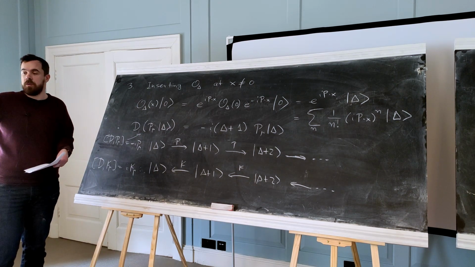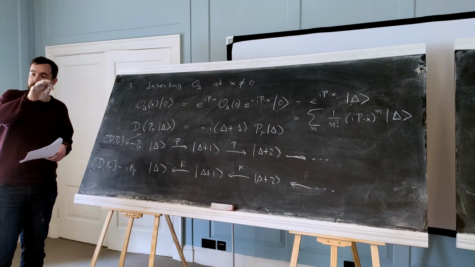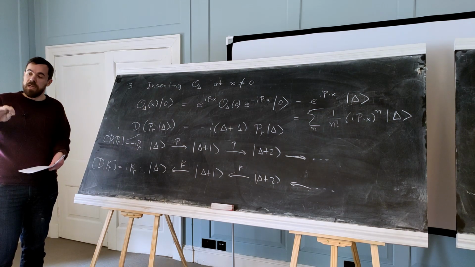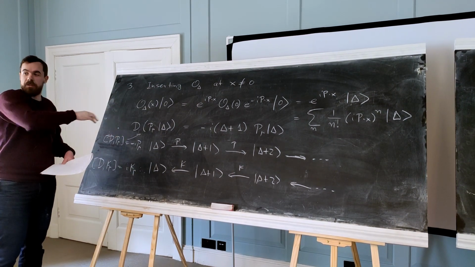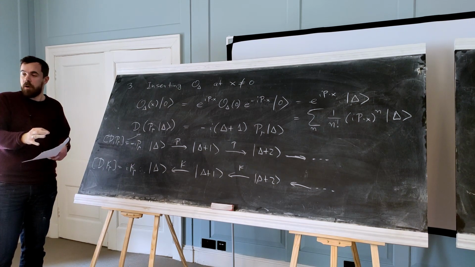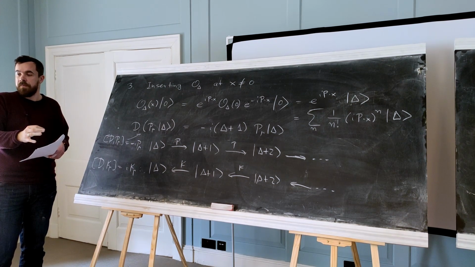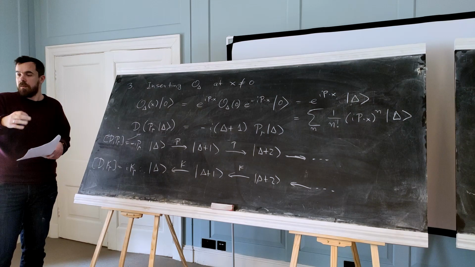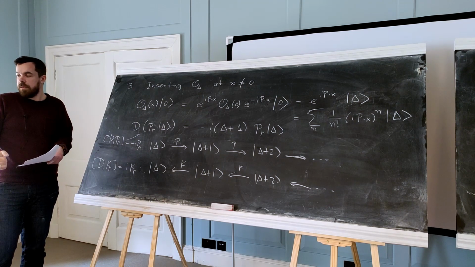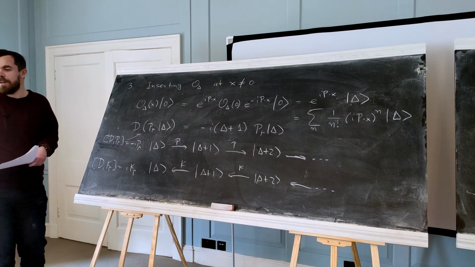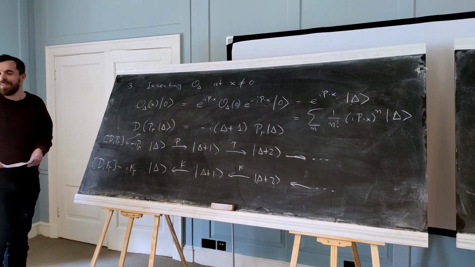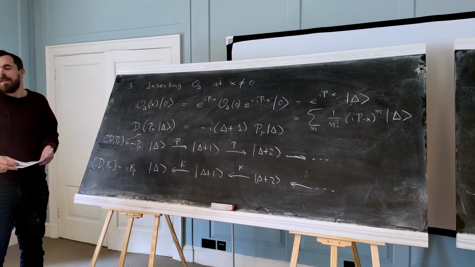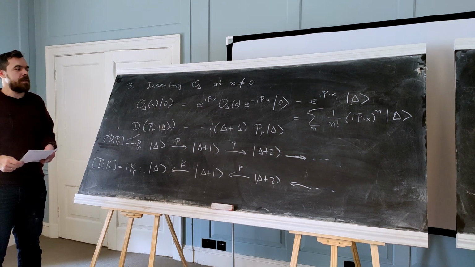Operator 1 at x1, operator 2 at x2. They will create states in the Hilbert space that are associated with infinite linear combinations of the eigenstates of dilatations in Hilbert space, and they are associated with the product of operators you inserted. You can express it via the OPE. I didn't want to say this because we haven't talked about the OPE, but next week we'll talk about the OPE. The product, if you want.